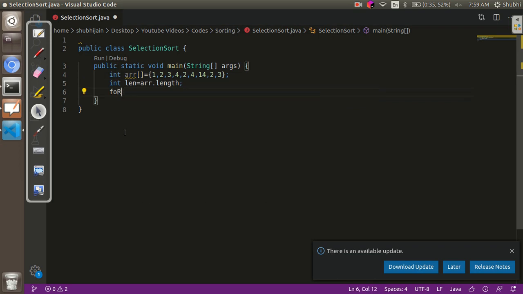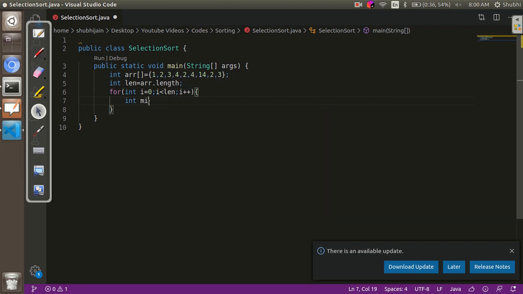Now as we know that we have to place the smallest element first, in the ith pass we'll place the correct element at the ith position. So I'll run my loop from i equals 0 till i is less than length, i plus plus. So in the 0th pass, the 0th position will have its correct element.